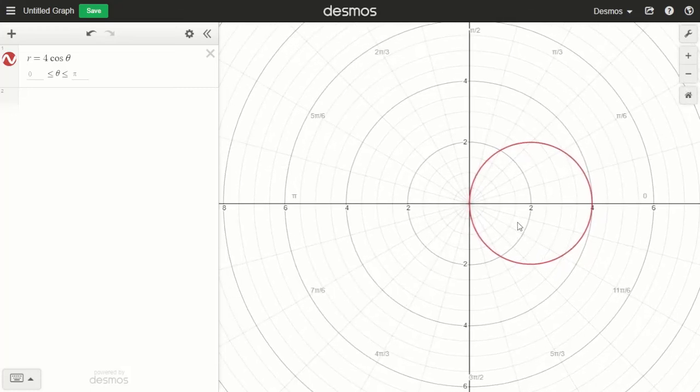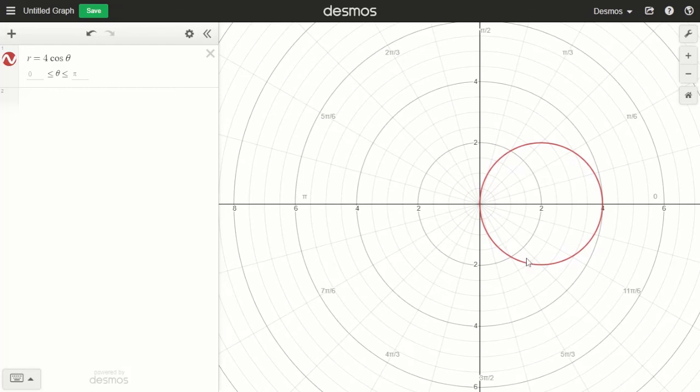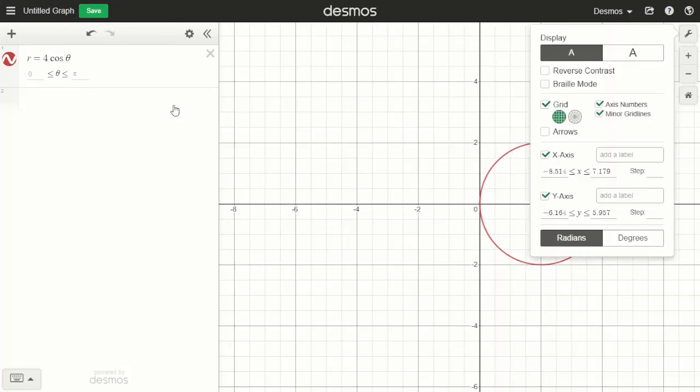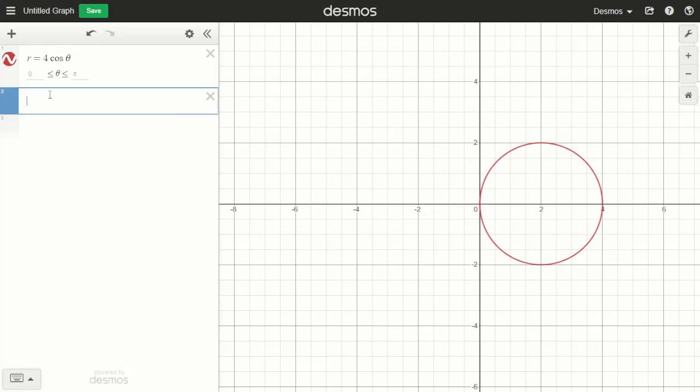Just because we change to a different representation doesn't mean it's going to change the shape of the curve. So this is the same curve in polar coordinates, and it's a circle, as we saw according to the graph that Desmos gave us. But now in rectangular coordinates, I'm going to hide that curve away. We found in our algebraic work earlier